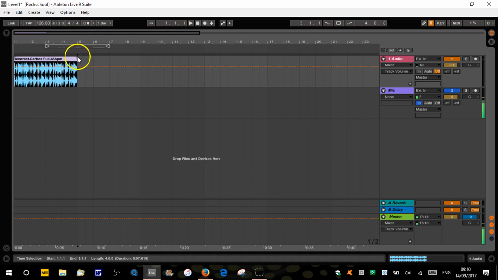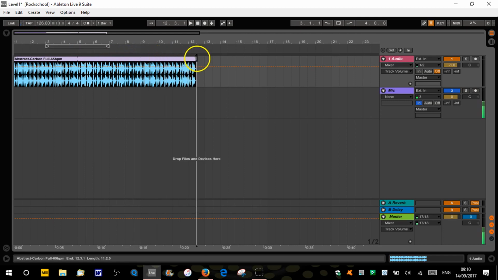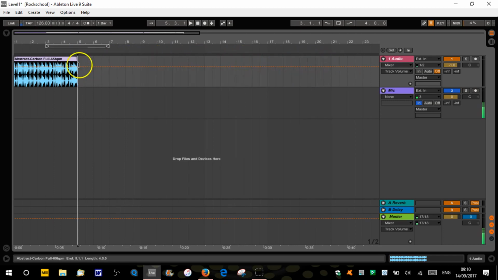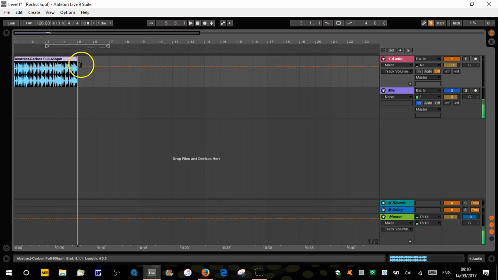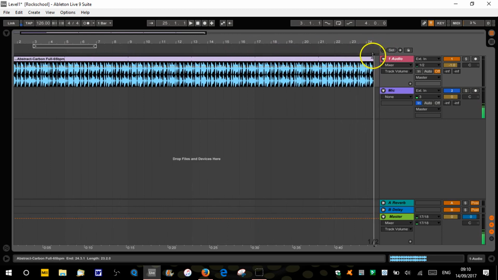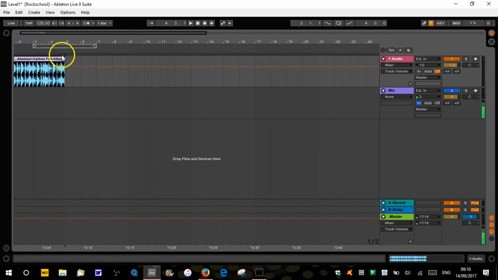As well as dragging out, which can sometimes be a bit hit and miss if you're not sure how far you want to go and the number of bars, let's say I want this clip to repeat 4 times and I know it's 4 bars long. Rather than trying to drag it out and think, right, 4 bars is going to take me up to bar 20, whatever, what I can do, let's get this back to the beginning,